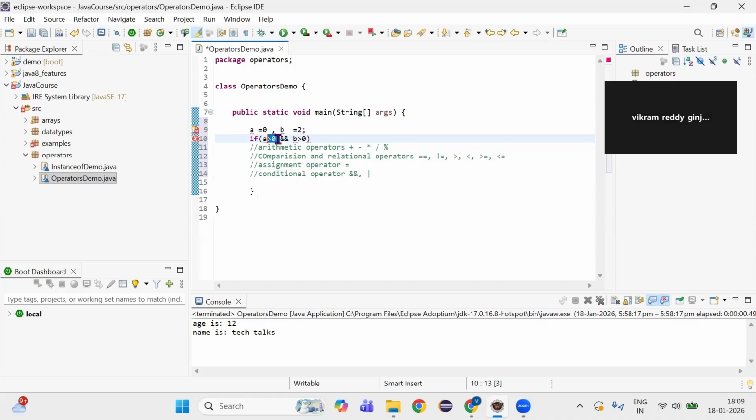I mean, this second condition will only be executed when the first condition is true. So this is the case of the AND operation. In an AND operation, the second operand will only be executed when the first operand is true. Similarly, if I replace it with OR,